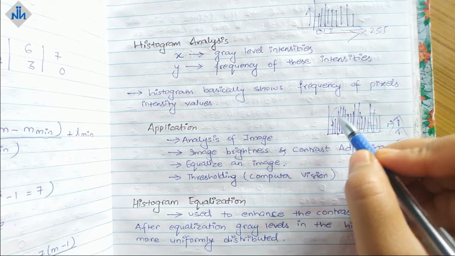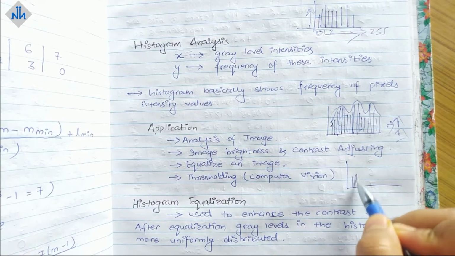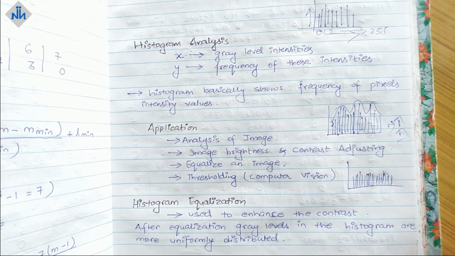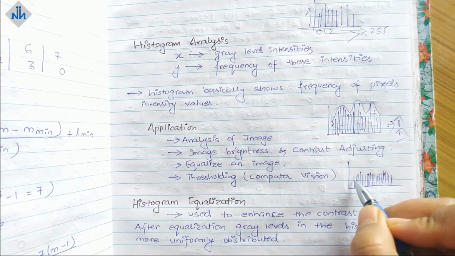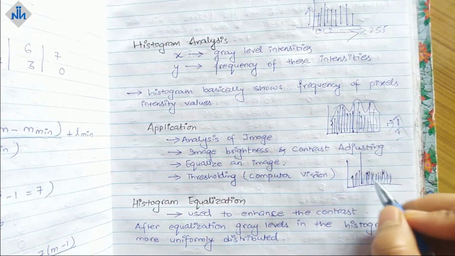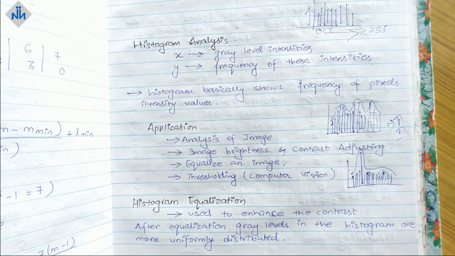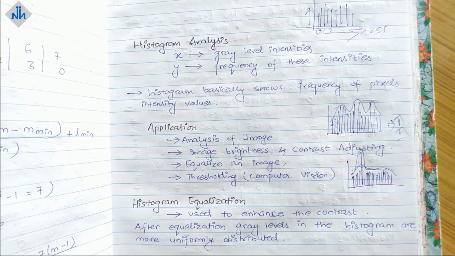Equalizing an image means making all of this similar, so that everything is on the same level. Making it the same level means we have adjusted the entire image so that we can analyze it better. That is how we equalize the image, and it is very important sometimes. Sometimes you have a value over here and sometimes a value over there, and so on. This is not a very good way of representation. It will give us harsh edges or harsh points, and we don't really want that. We want to make it all the same level so that it looks smooth.